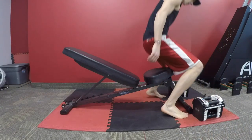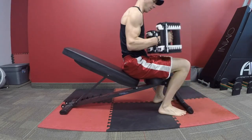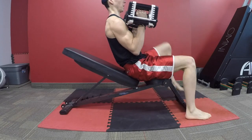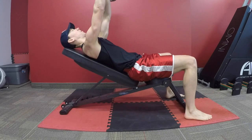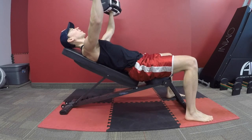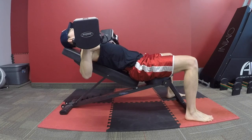Next exercise up is the dumbbell bench press. If any of you have a bench at home, dumbbells, this is an excellent exercise to work the same muscle groups we did in the push-up, but with a little bit more control, with a little bit more weight. I'm going to start at the top, lowering very slowly. You want to feel a stretch in the chest and your shoulders,